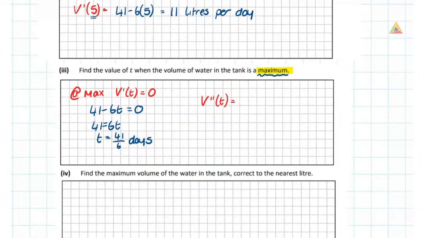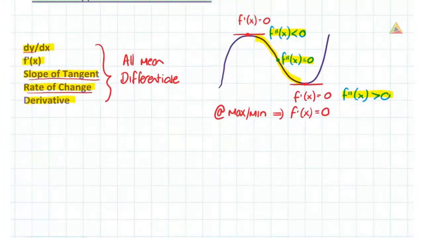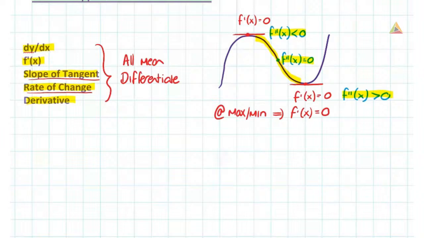In other words, we're taking our first derivative, which was this one, and we're differentiating. So when I differentiate 41, it goes to 0. When I differentiate minus 6t, I get minus 6. And if we just remind ourselves of what we said up here,